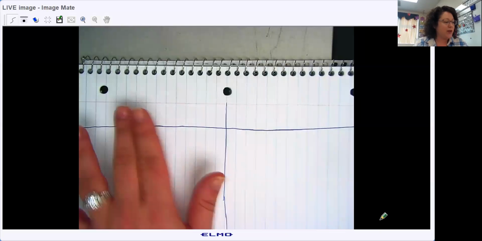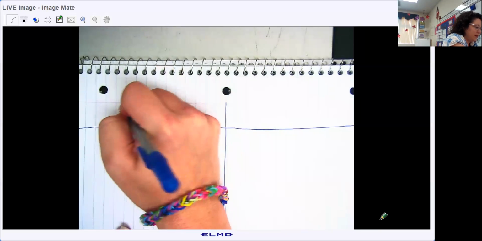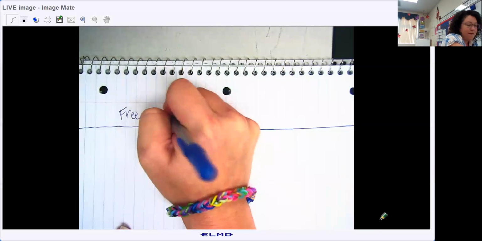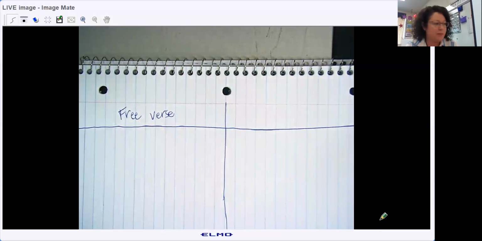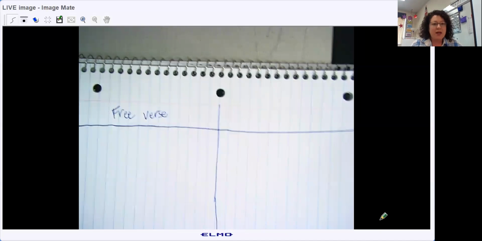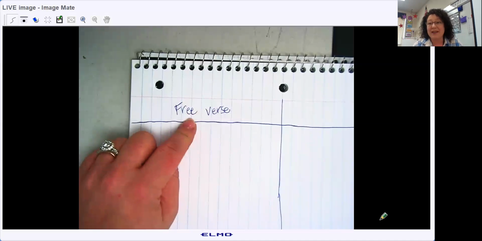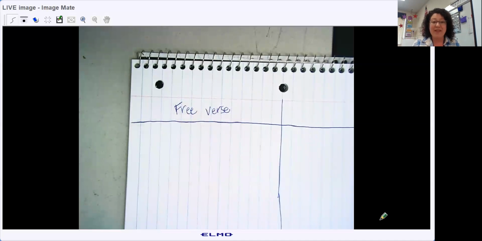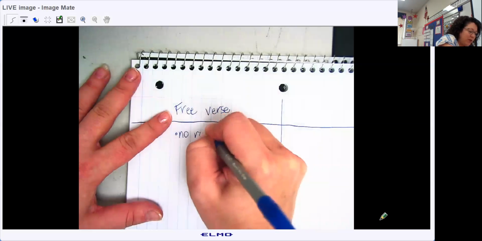And we are going to write 2 kinds of poems on this side and then 2 kinds of poems on the other side. So the first kind of poem we're going to talk about is called Free Verse. A free verse poem. That was actually in one of our poems that we read in our PowerPoint. So a free verse poem, what word do you hear in that? Hear the word free. So a free verse poem is free. It doesn't have any rules and no patterns. So there's no rules